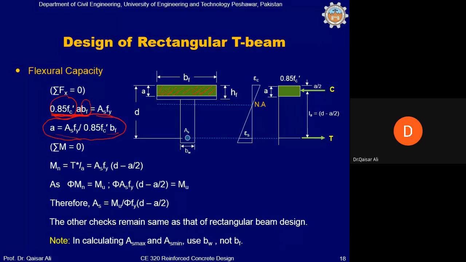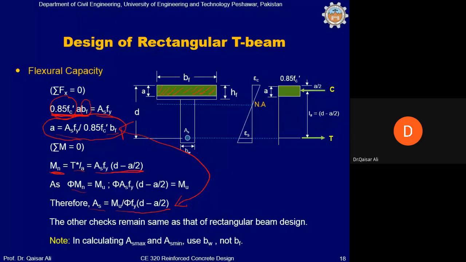Okay, for the bending moment, we can write down the nominal moment Mn is equal to T into the lever arm, which is As fy (d minus a by 2), and phi Mn is equal to phi As fy (d minus a by 2). We can calculate As is equal to Mu divided by phi fy (d minus a by 2). So if you look at the two equations, there is only one difference from the